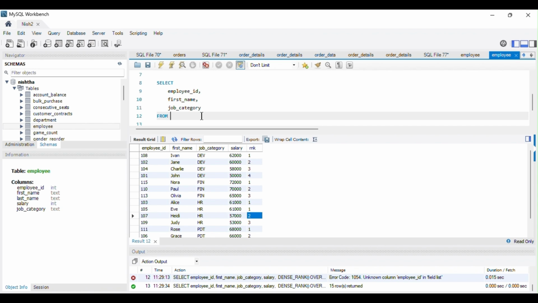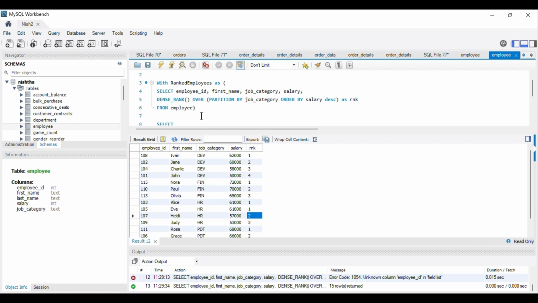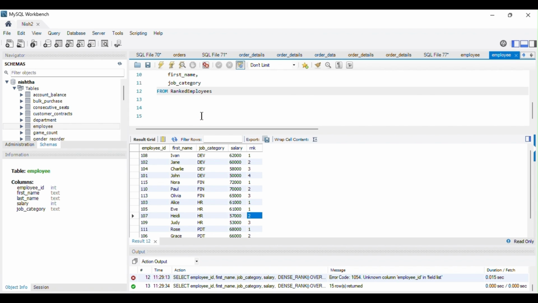From, here I will write my CTE name, which was ranked_employees. Here I will do WHERE rank is equal to 3, and at the last I will do the ORDER BY on the employee ID, since it was written in the question itself that our employee ID should be in ascending order.